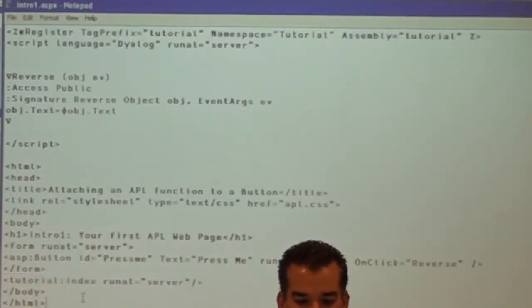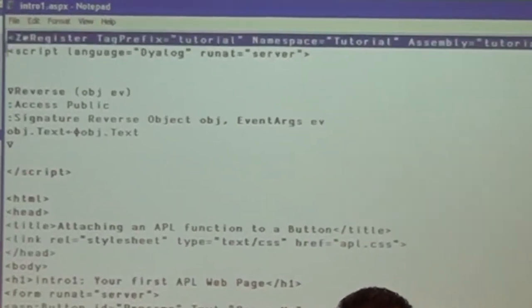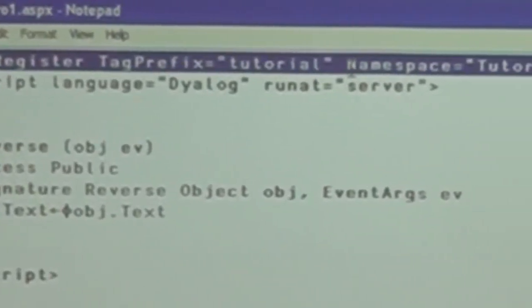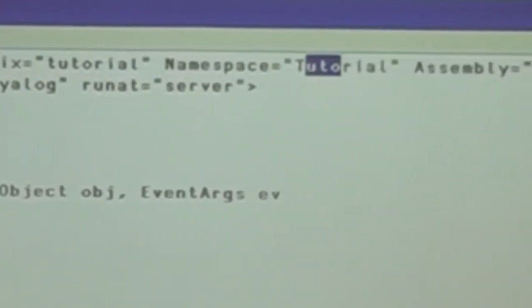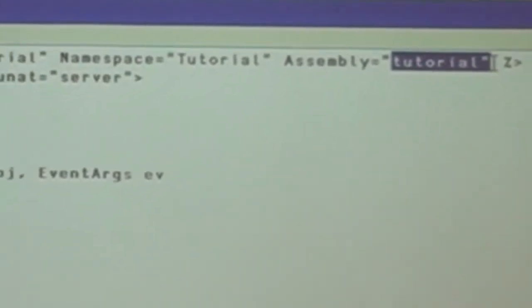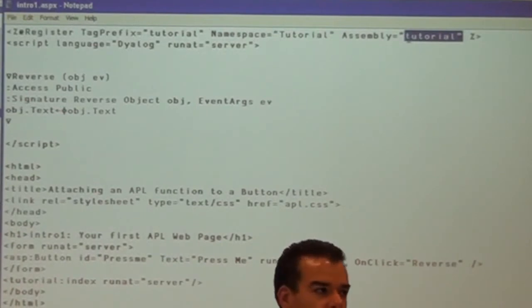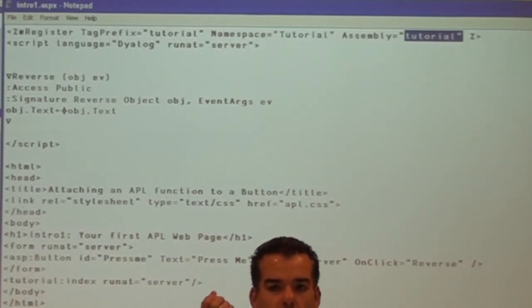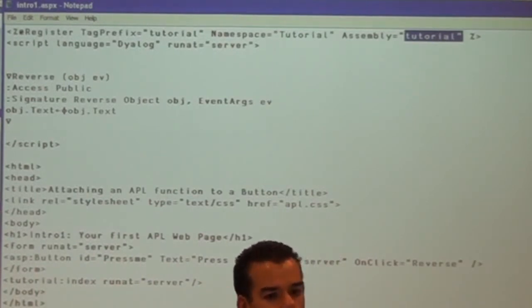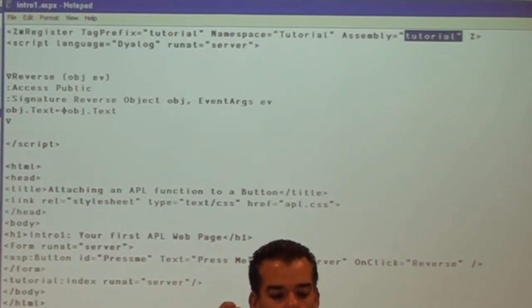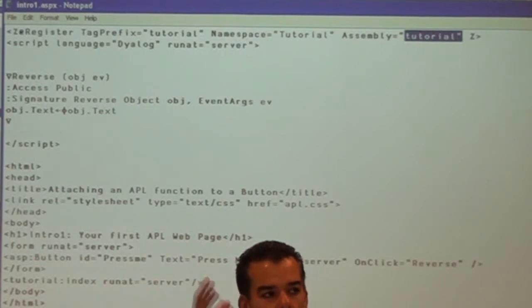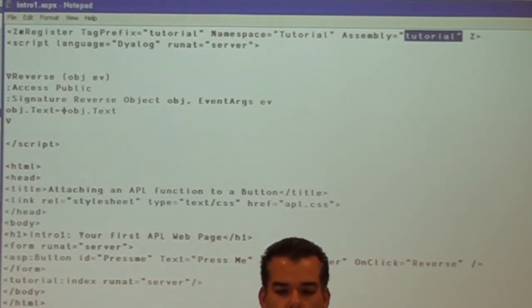What's going on here is that this tutorial tag has been registered at the top of the page and is associated with a namespace called tutorial in an assembly called tutorial. We'll look at this a little closer in a while, but essentially this again is an APL workspace that has been packaged up into an assembly. But rather than providing an entire page, it's just providing a control, something that can be embedded within a page. And in fact,